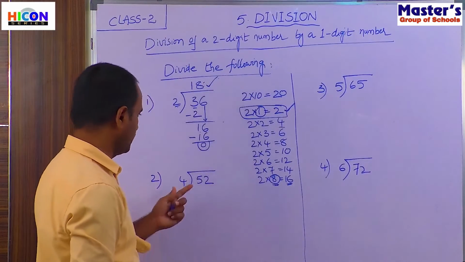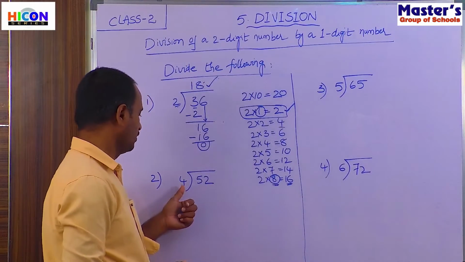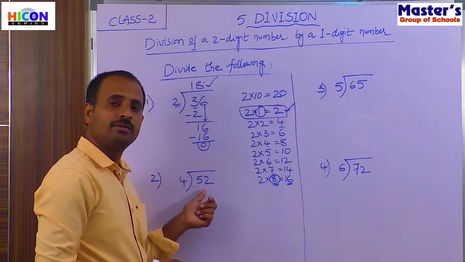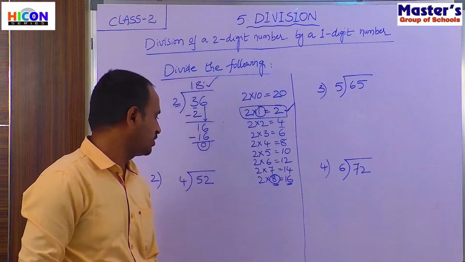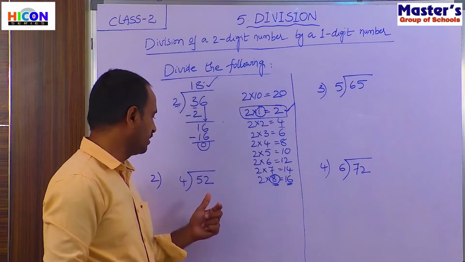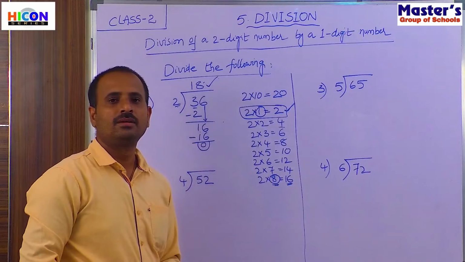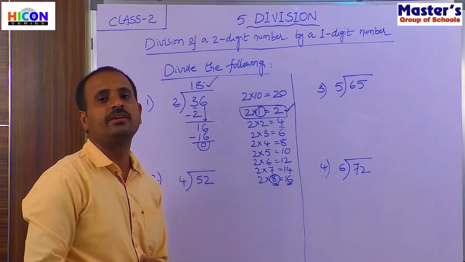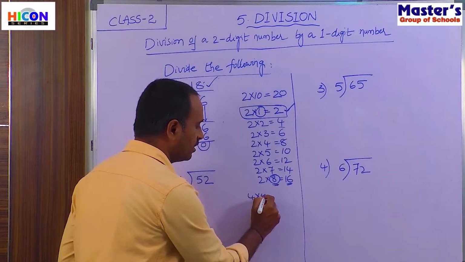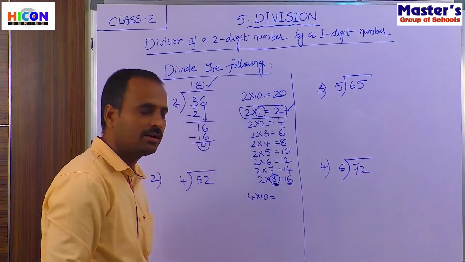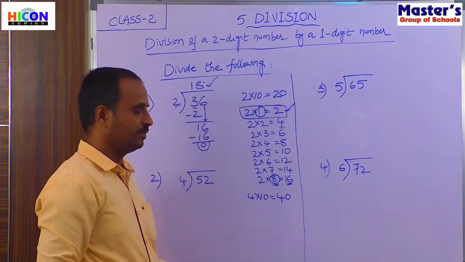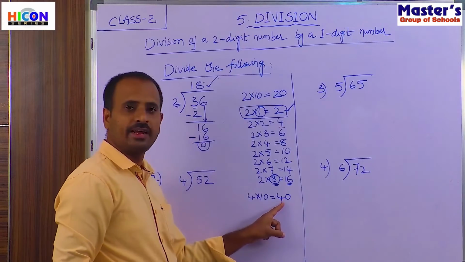So children, let us see the second one. In the second division, what is the divisor here? 4 is the divisor. What is the dividend here? 52 is the dividend. So first find when the number 52 comes in the fourth table. We have learned up to 10 times only in every table. So first take 10 times 4, that is 4 tens are, children, how much are 4 tens? 4 tens are 40. But the dividend is 52 and it is greater than 10 times.